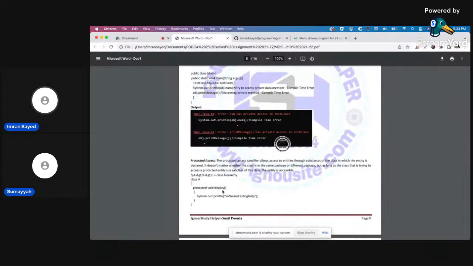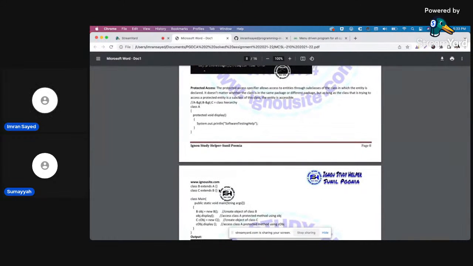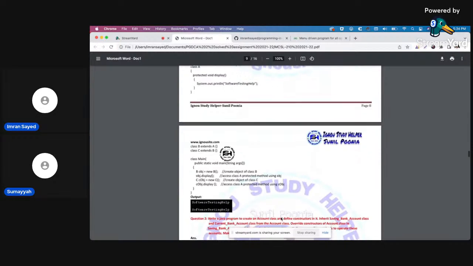So class A has a protected void display. Then B extends A, C extends B. Now create an object of class A and access the class A protected method using the object. Create an object of class C and access the class A protected method using the C object.